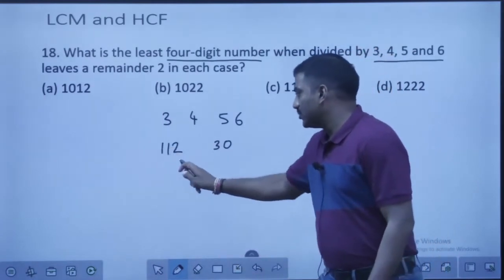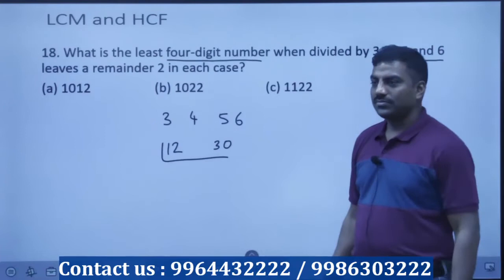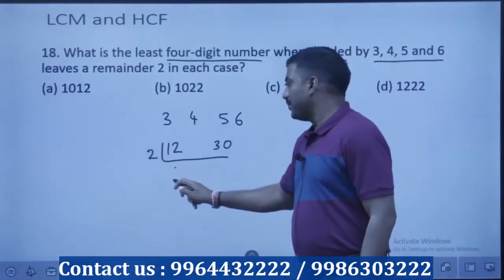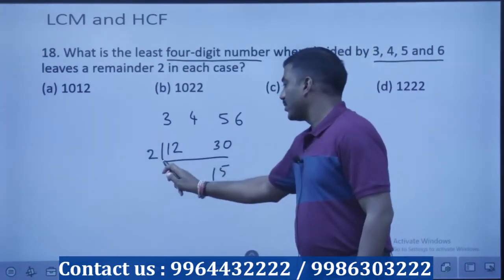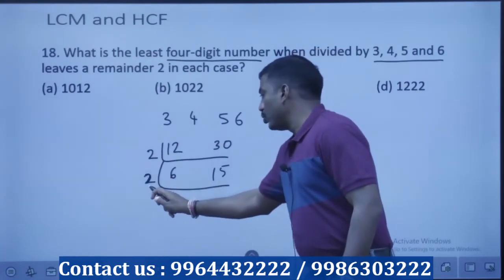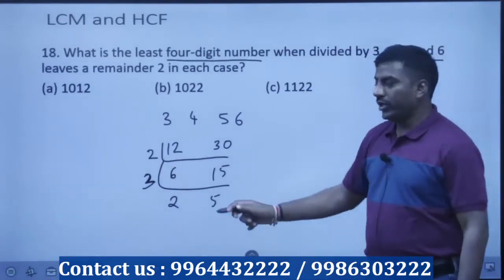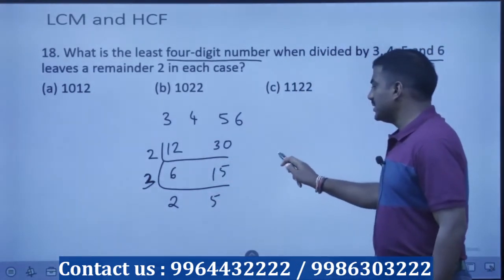Find the LCM of these two. 2 6s are, 2 15s are, 2 3s are, not 2 3s are, 3 2s are, 3 5s are, 2 into 3 into 2 into 5. LCM is,